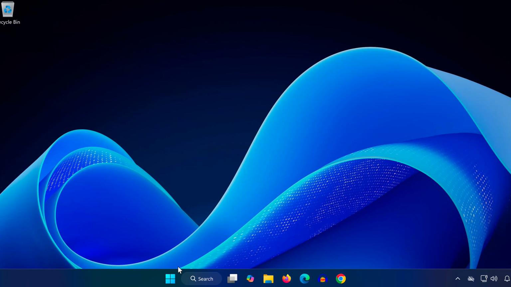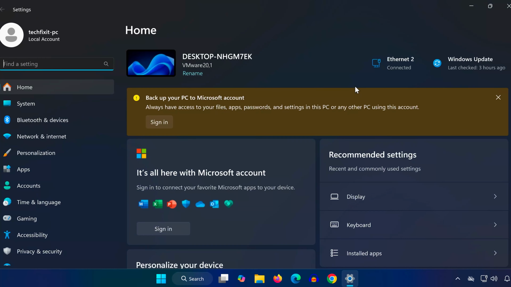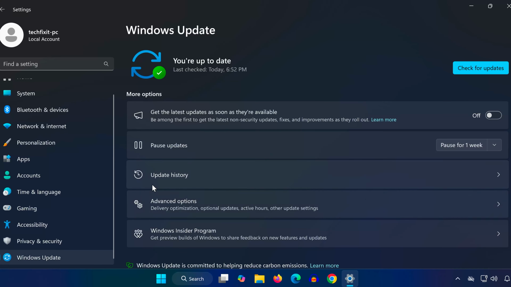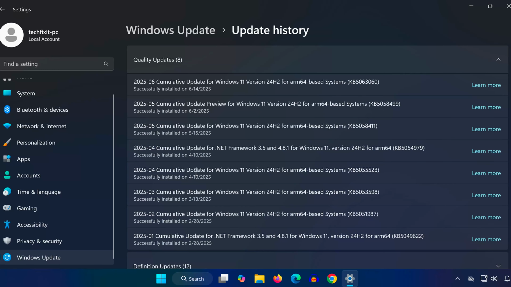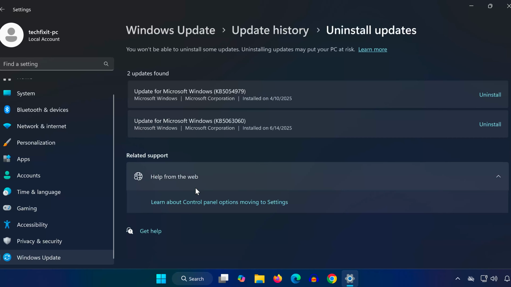First, click on your Start menu. Open Settings. Now head over to the Windows Update section on the left panel. In the Windows Update section, click on Update History. Scroll all the way down to the bottom. Click on Uninstall Updates. Look through the list and locate